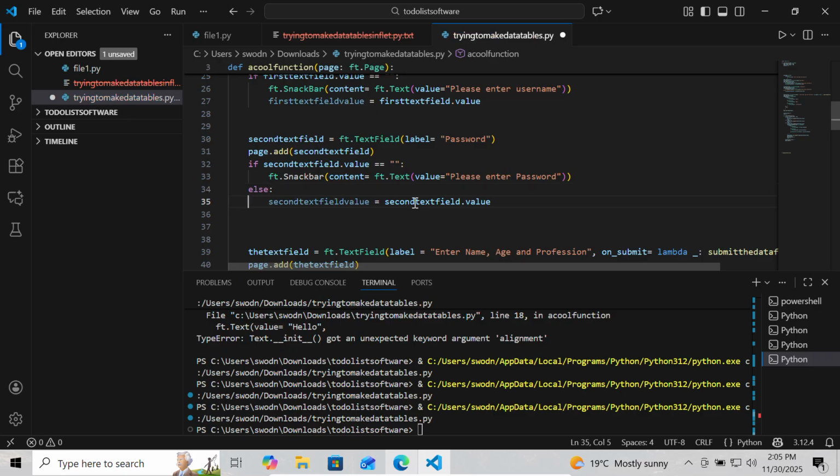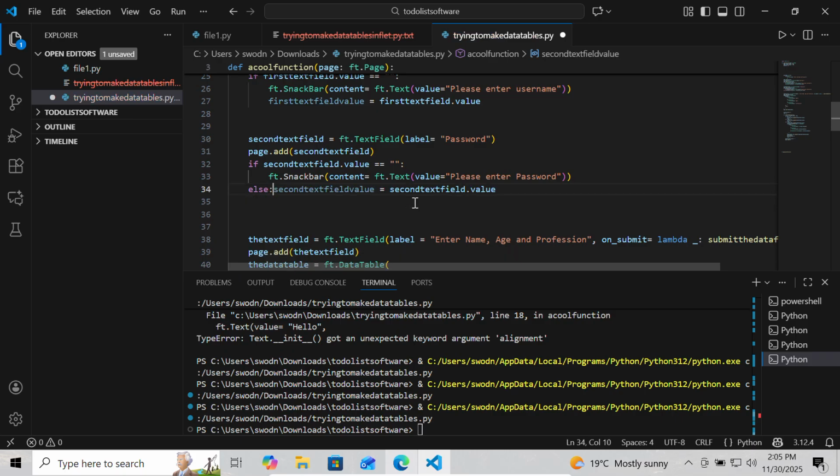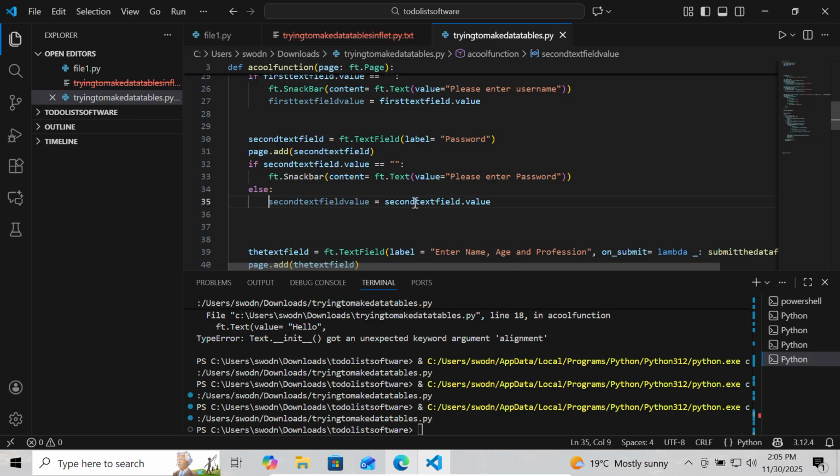If it's empty, it's going to tell the user to enter something. If it's not empty, and I only want it to do this on submit. Else on submit, what is it going to do? On submit is equal to